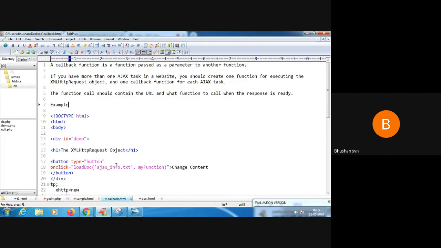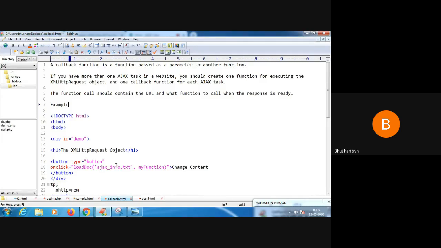Where do we use this? Suppose you are doing multiple tasks on a website. You are typing something, you are downloading something, and you are viewing something. When there are multiple requests happening simultaneously, then we can use a callback function.